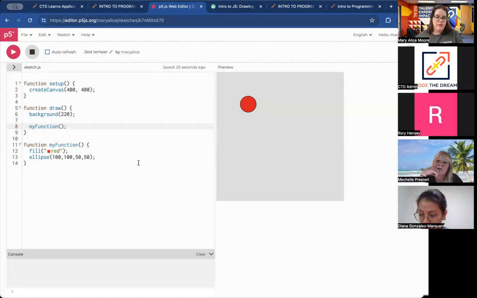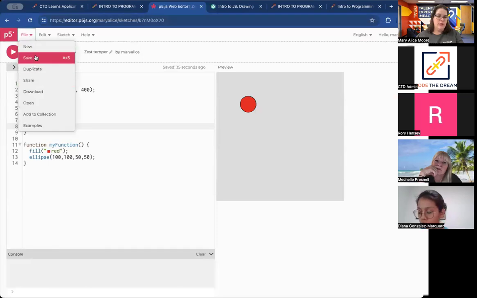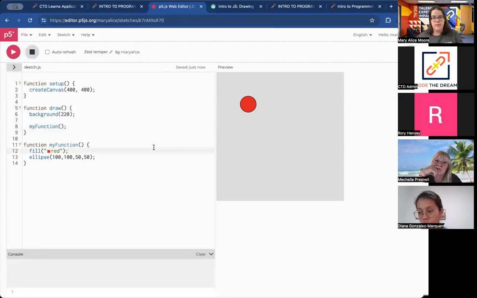So turn off your auto refresh. Use play to be able to check what your work is. Make sure that your item is saved, no little black dot after the sketch.js, or you can also just do file and save, and so on. Okay, so the things that you need within your file are the variable, the function, that's a unique function that